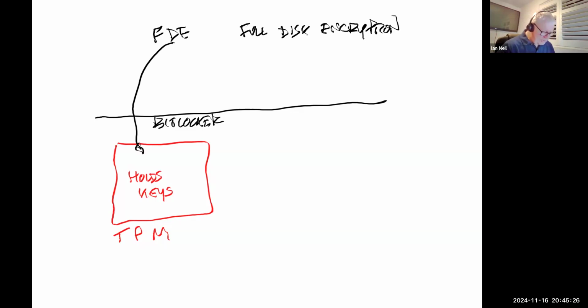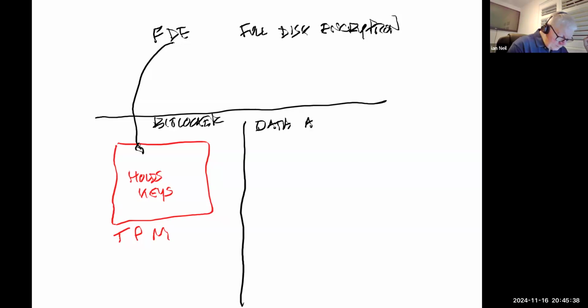Let me just bring up 3 types of data. I've got data at rest. This could be saved data.